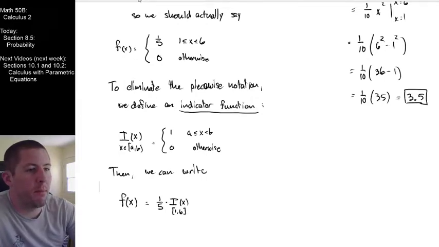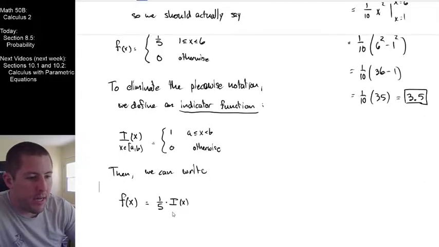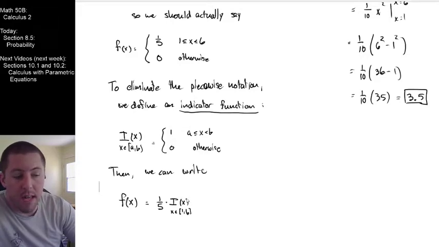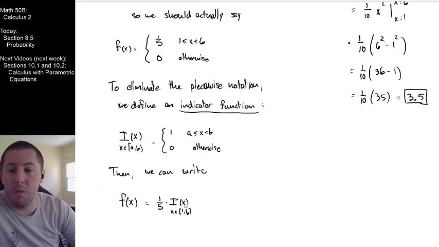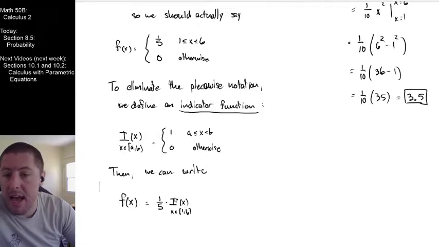Okay, never mind. I'm going to write the whole thing properly right here since I'm just introducing some notation. But the point is, this is a function that we can now multiply by, and it will really just tell us, is it on or off? You're going to notice that I of x is going to take on the value of 1 if we give it an x value like 4. And therefore, multiplying by 1 doesn't change 1/5 at all. It's just 1/5. But now, if you plug in a number like 7 for f of x, I of 7 is 0.